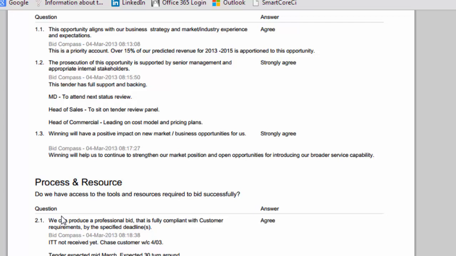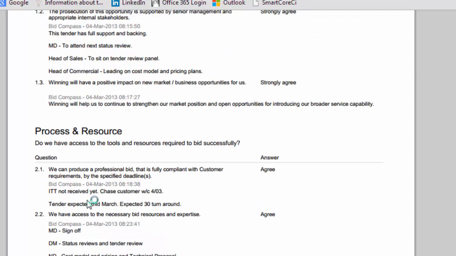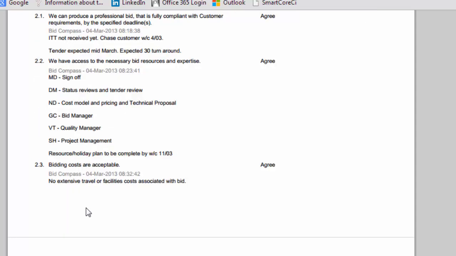And this is great because you can judge people and the decisions they made based on the information that they had at a point in time, and it's a record of all of that. So actually, you might think that the bid team made a particularly poor decision that turned out badly, but if they didn't have the competitive intelligence to know that at the point in time, there's not really much they could do about it. So the action you take away from that is that really it was a problem with